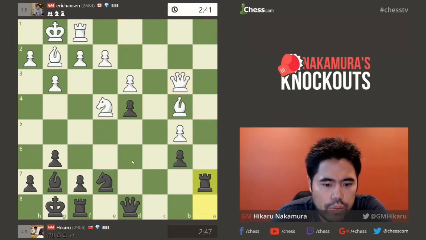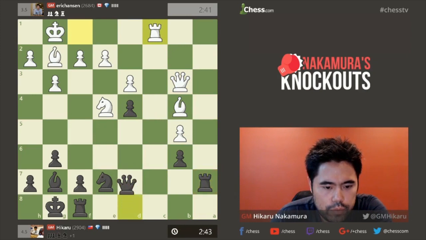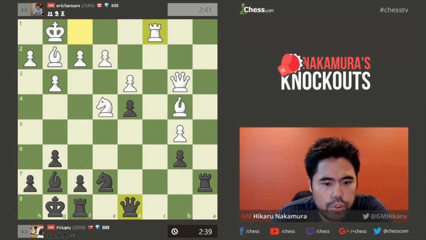Okay, so I'll play rook a7 again, just like before. Now, what did I do last game? I don't actually remember. So he wants to play knight d6. Okay. So let's see. So if I play rook c7,